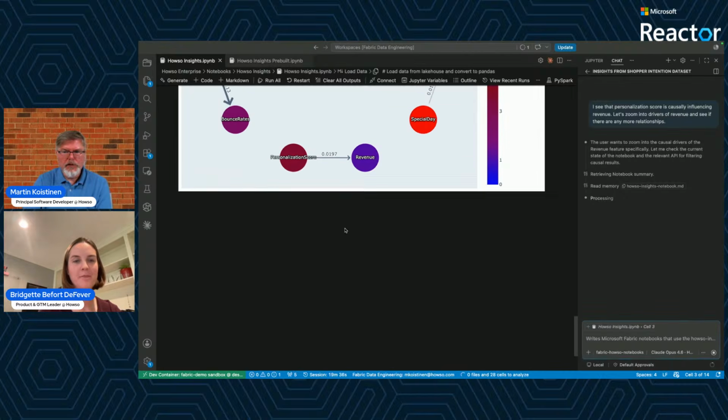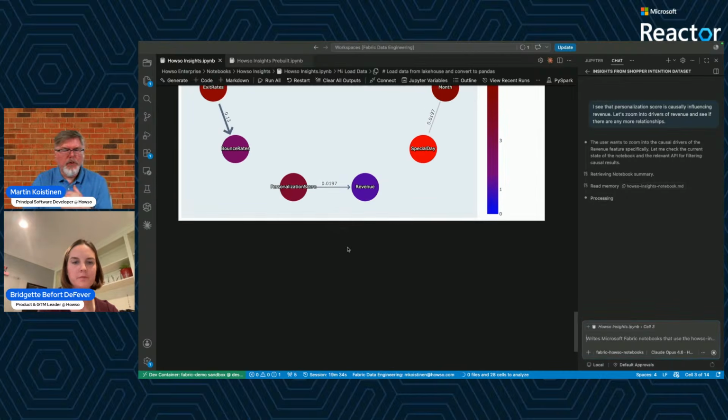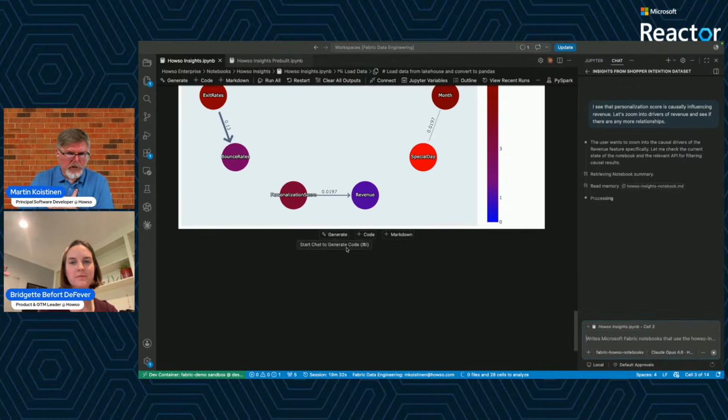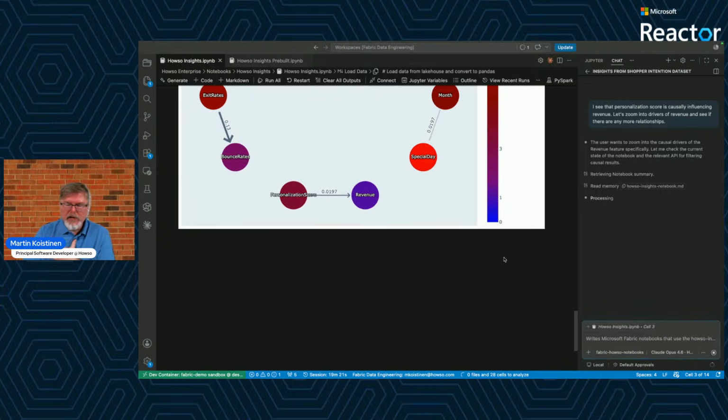We have a lot of different skills, as Bridget showed in our preamble. We have a lot of different things that we can do with the Howso engine and technology stack, and many of them are very easily converted into agent skills.